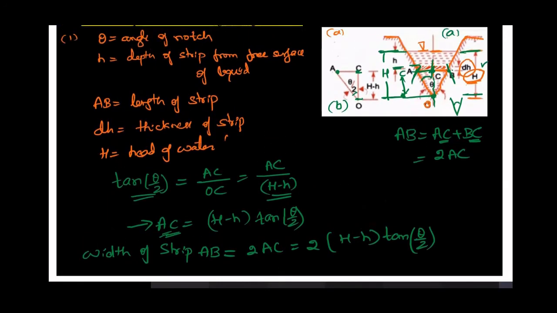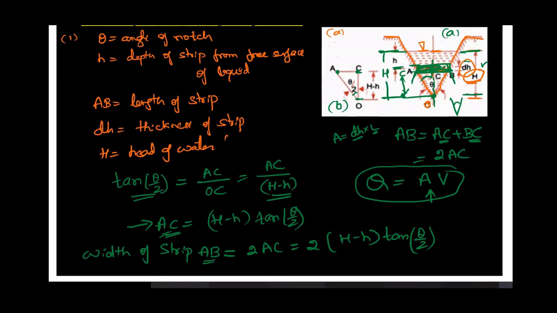Okay. Now you can ask a question: sir, why are you calculating the length of this strip AB? Because keep in mind, we are going to derive an expression for discharge. Discharge is equal to area into velocity, so we need to calculate the area. And this strip looks like a rectangle. What is the area of a rectangle? Length into height. Height I know, dh. Area of the strip is height multiplied by length. dh is the height of that strip. I need to calculate L, that is the length. Length of the strip is AB. So for that reason, I have calculated AB. That is the length, or you can call it the width of the strip.